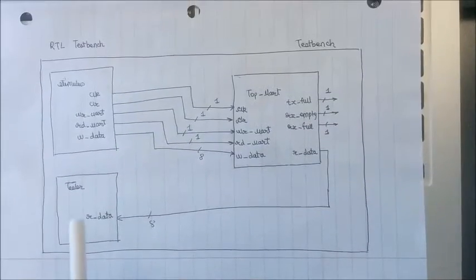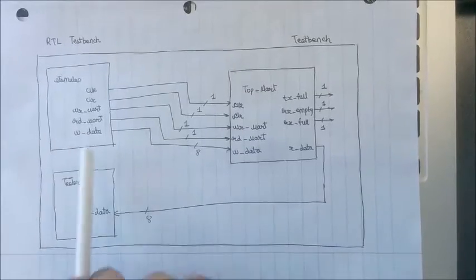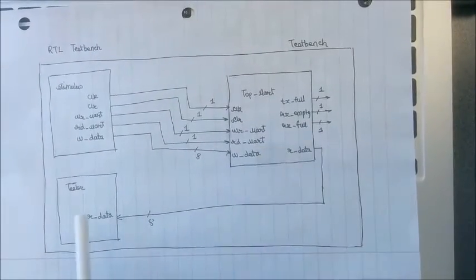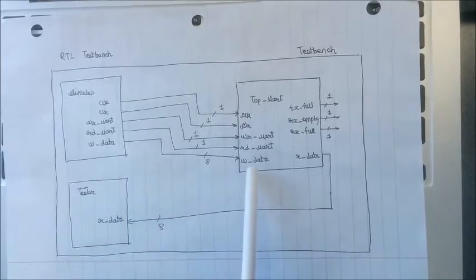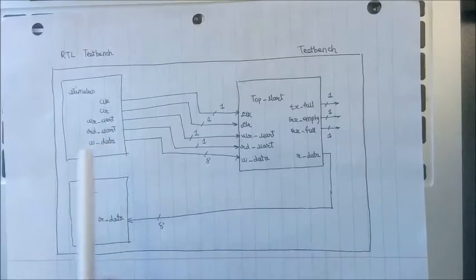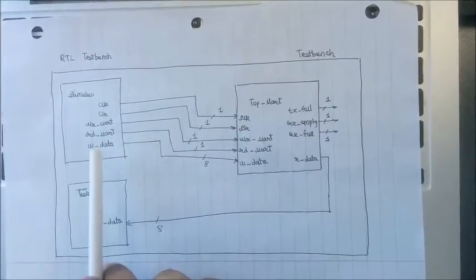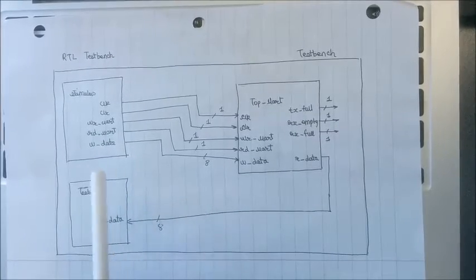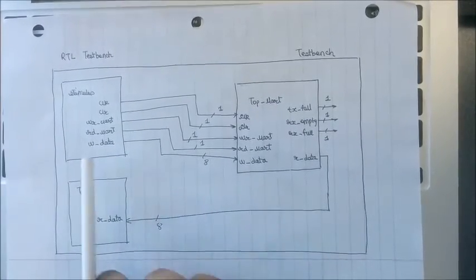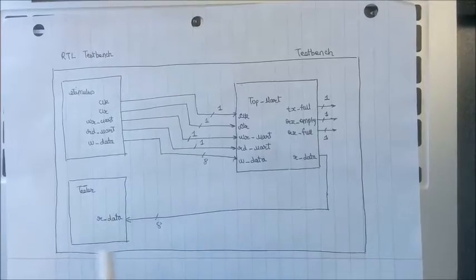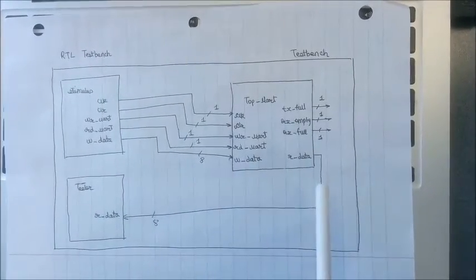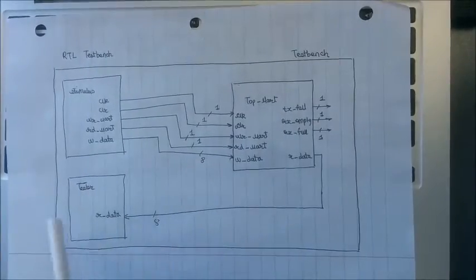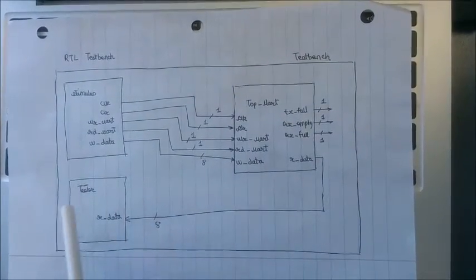This is the RTL of a test bench. It consists of three modules: the stimulus, the top module which is under test, and the tester. The stimulus is responsible for forcing values into the top module. It forces the clock, clear, read_uart, write_uart, and the data which is to be written in the transmitter. This data to be written in the transmitter is stored in a text file. The top module generates outputs which are then tested with respect to the same data file.